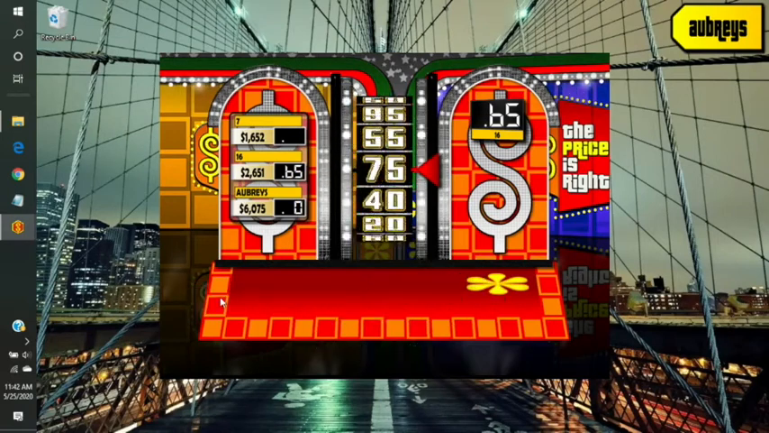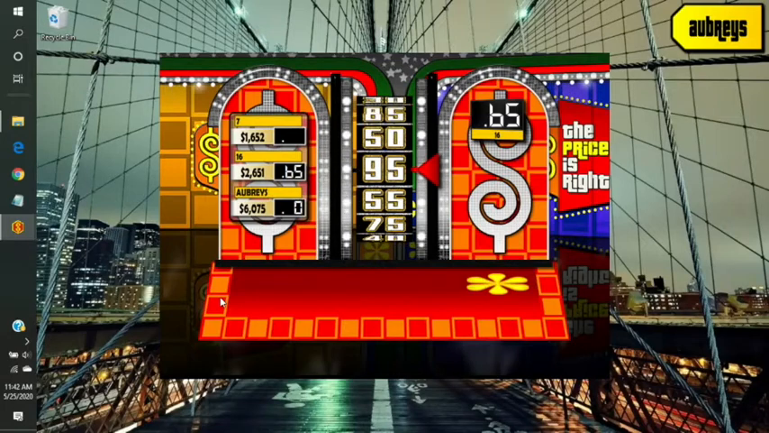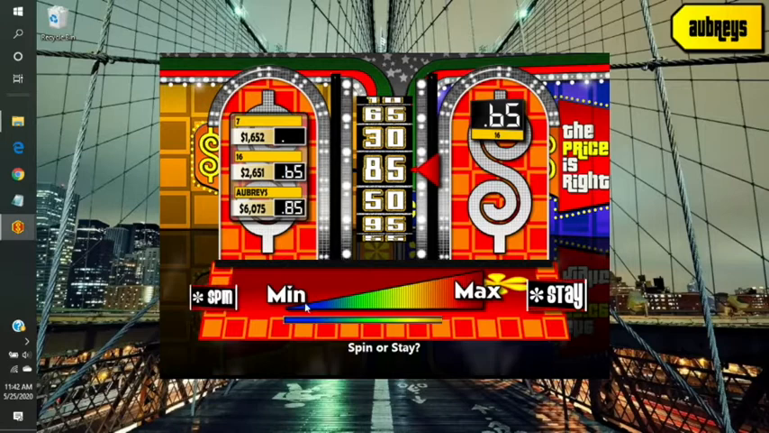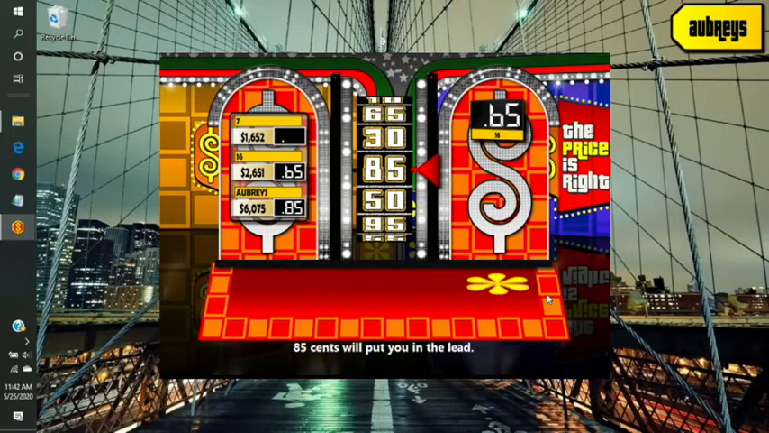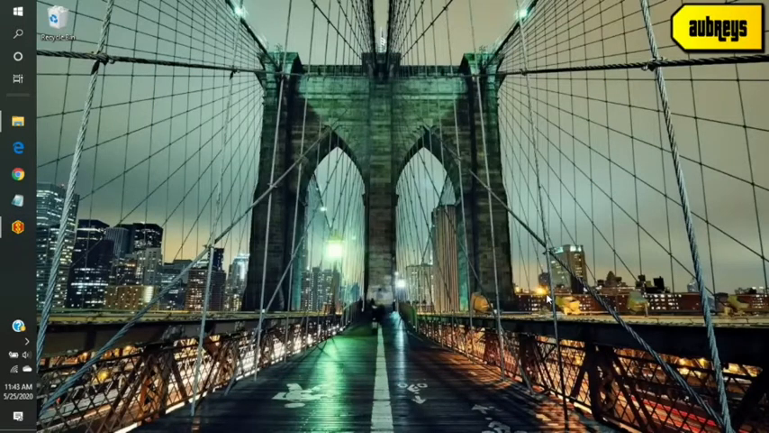If I get 70 or higher, that'll put me in the showcase at the end of the show, which would be pretty dope. But I got to beat 65 cents. I passed 75 cents. 95 cents is up there. 85 cents will be just as good, and I am keeping that because I am going to the showcase. So I'm moving on to the big showcase at the end of the show. That's a guaranteed thing, and I'm hoping that I can get a lot more as a result at the end